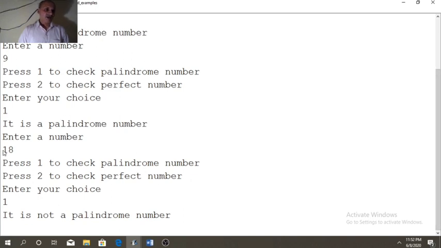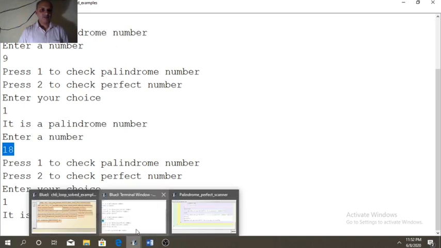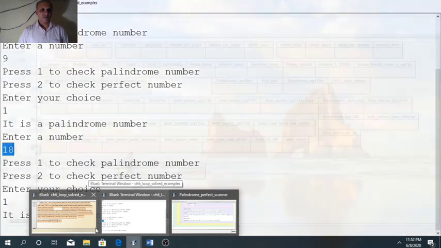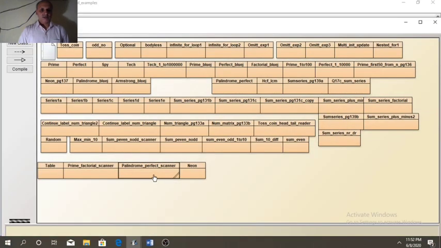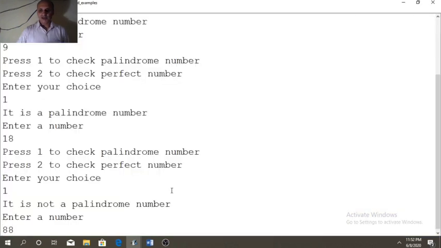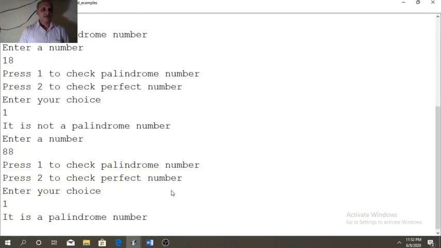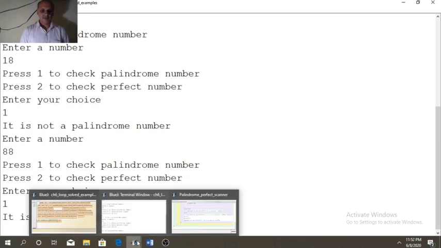So 18 and 81 are not same, that is why it is not a palindrome number. When we enter 88, now it is palindrome.